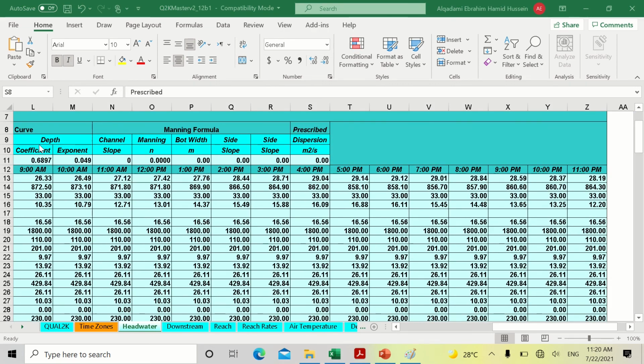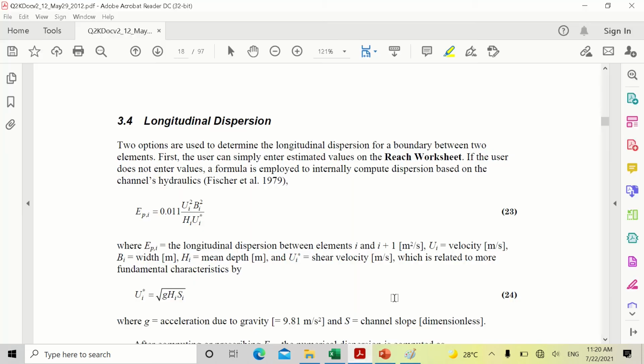So after you choose the equation that we will use to solve the hydraulic parameters, whether you choose the Weir equation or rating curve or Manning formula, after that we will move to the prescribed dispersion. So this is in meter per second, and you can refer to the manual for, in this case. So you can see here, this is the longitudinal dispersion, and you can mention here, if the user does not enter values, a formula is employed to internally compute dispersion